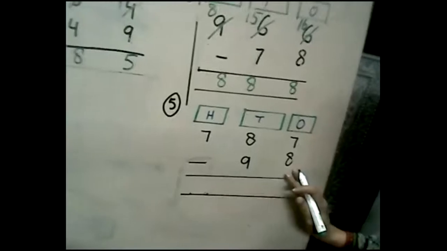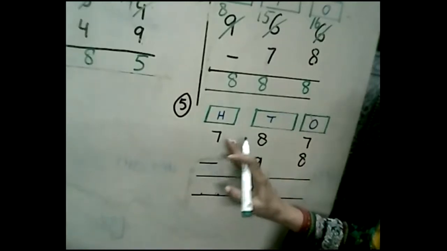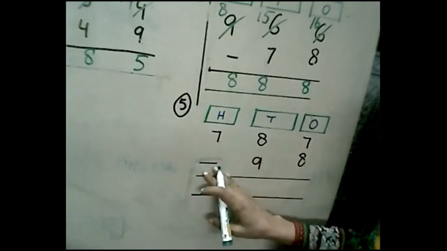ones. क्या है ones? कौन कौन से? 7, 8 and tens are 7 on the top, 8 on the floor. Tens, 8 on the top, 9 is on the floor. 100 is 7, only 7 on the top. There is nothing on the floor, right? So in this, which digit is bigger? 7 or 8? Obviously 8. So can we subtract floor digit from top? Floor big digit from top small digit. Can we subtract? No. In this case we regroup.